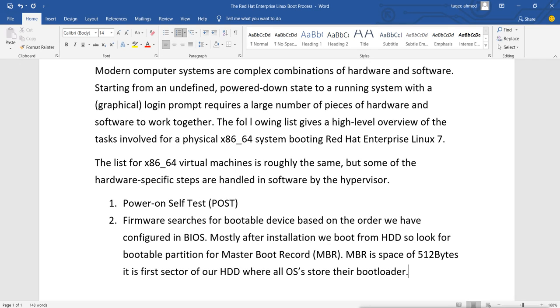So in that space they store their bootloader, and the bootloader file is actually only 512 bytes, so that it can fit into the MBR.